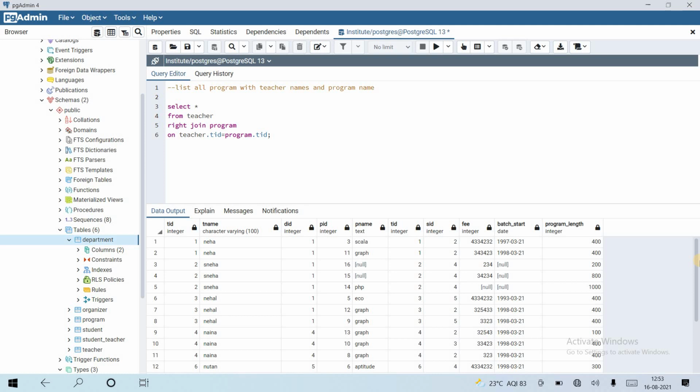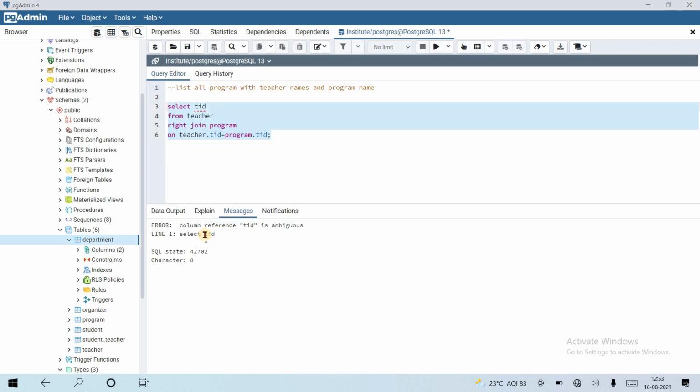but we want the teacher name. Here we are using table name dot column name, because as you can see we have two columns named TID. If I use only TID here, let's see, it gives me an error: column reference TID is ambiguous.